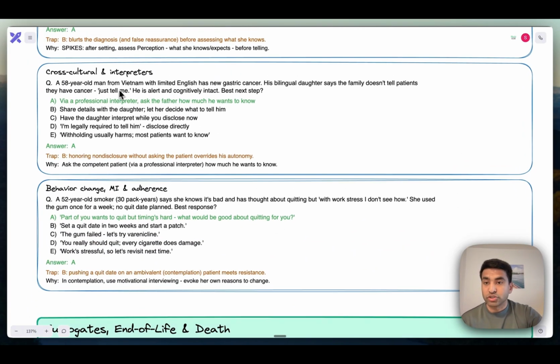Now we have cross-cultural. So you have a patient from Vietnam, limited English, new gastric cancer, bilingual. It says family doesn't tell the patient that they have cancer. Just tell me. He's alert and cognitively intact. Next best step. These are extremely difficult situations, and what you do in real life is oftentimes different than what you do here. But here you almost always ask through a professional interpreter, and then similarly, once you have that interpreter,